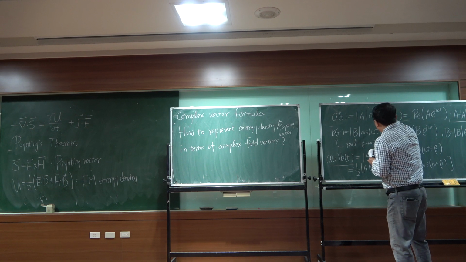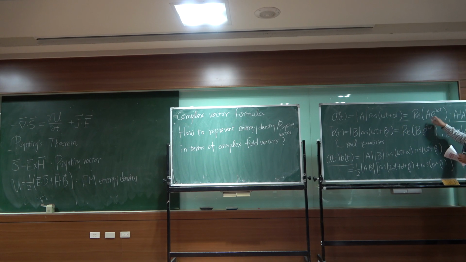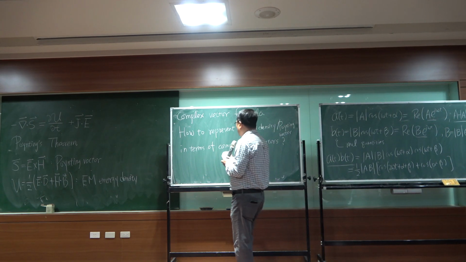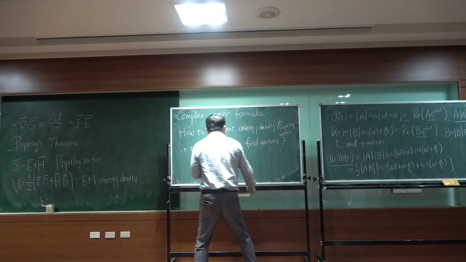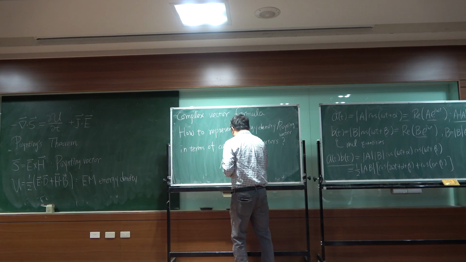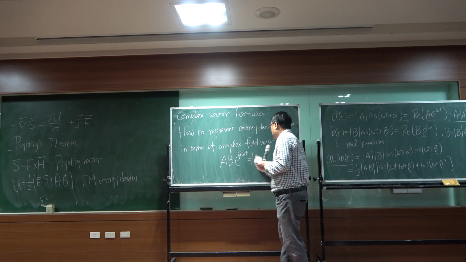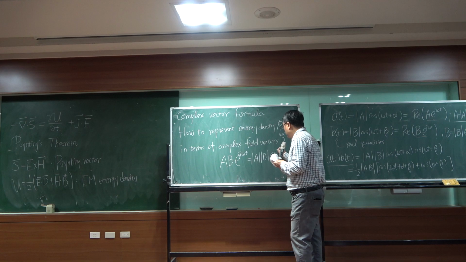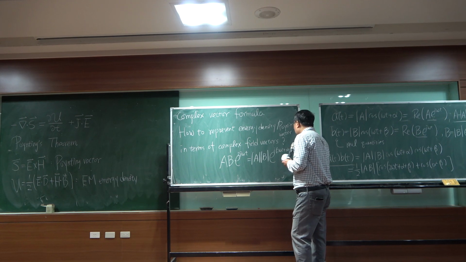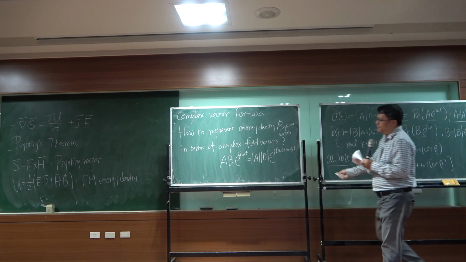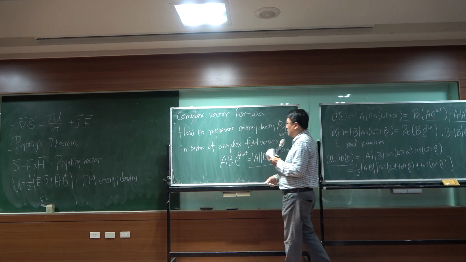However, if you consider multiplying these two complex functions directly, you multiply them directly, you get AB times exponential I 2 omega t, which is equal to the absolute value of A times the absolute value of B times exponential I times 2 omega t plus alpha plus beta. Okay, then if I take the